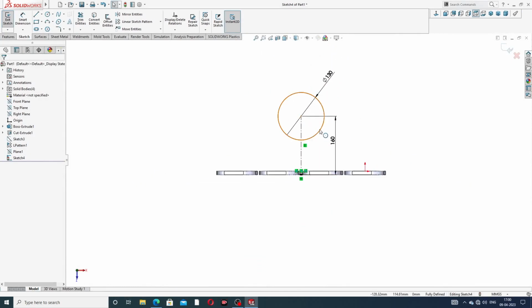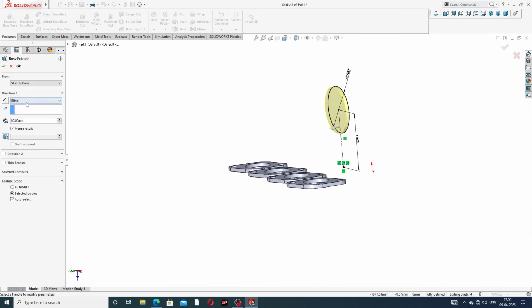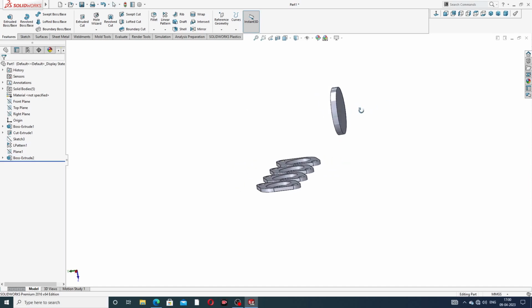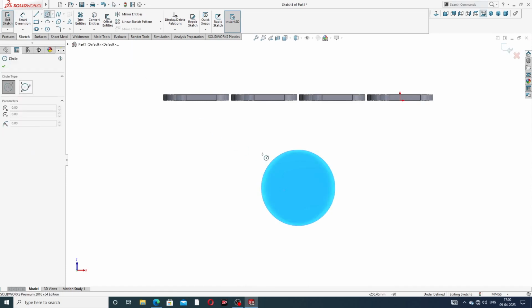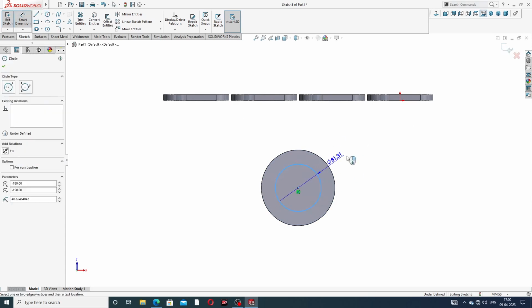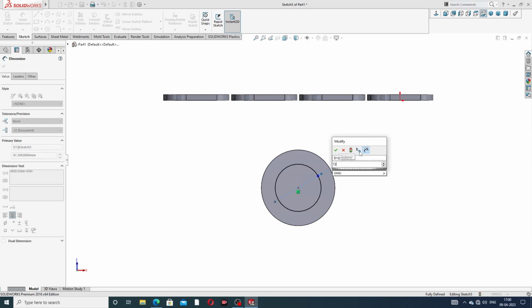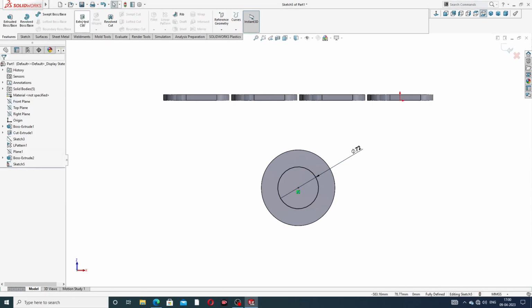Okay, and both is black color, means this is fully defined, and use extrude boss, and this thickness is blind, and use 16 millimeter is perfect, and click OK. Okay, and also this sketch normal and drawing a circle is this, and this circle is cut out, and use 72 millimeter is cut out is perfect, and use extrude cut,